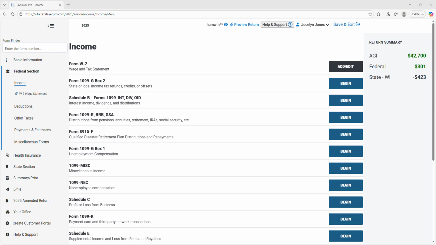The next step will be to enter the self-employment income. Again, from the interview notes, we can see the client is also self-employed, delivering meals for Fast Eats on the weekends. She received a Form 1099-NEC, a Form 1099-K, and let's start